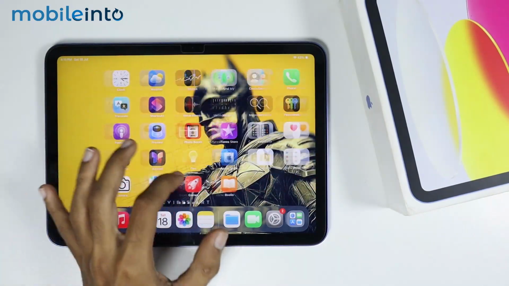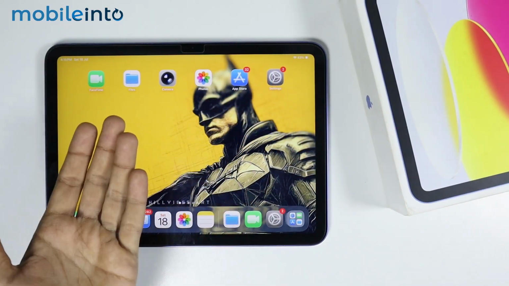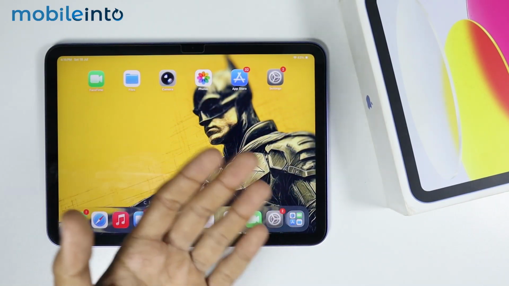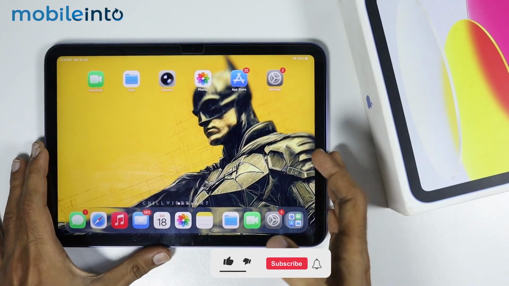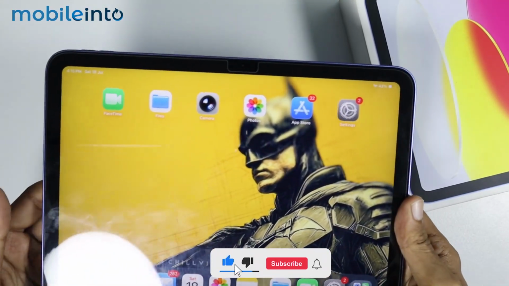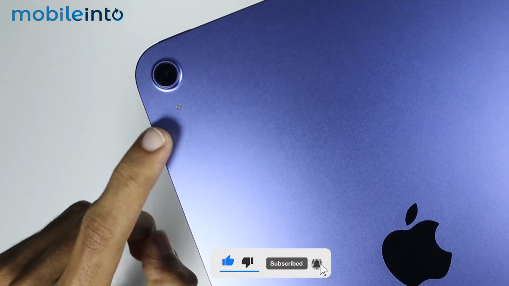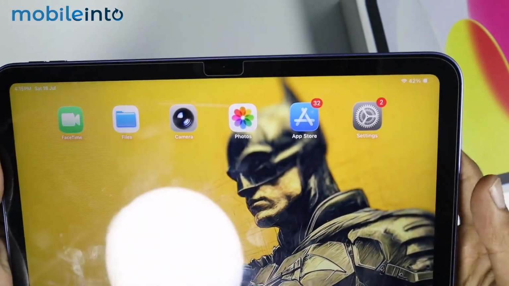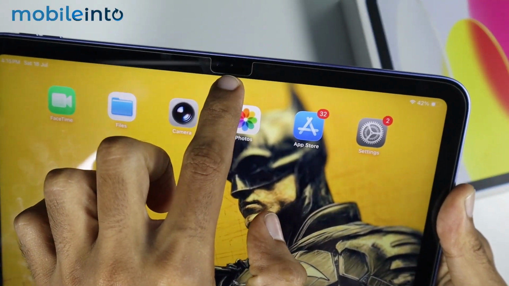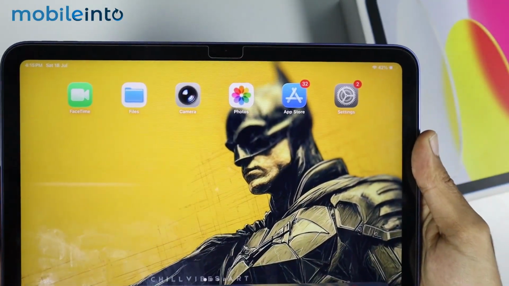In this video, I will show you how you can fix if the microphone of your iPad 11A16 is not working in FaceTime. Now to fix this issue, first of all, just remove any case which you might have applied on your iPad and make sure that this microphone is not covered. Also, if you have applied any screen protector which is covering this microphone over here, just remove the screen protector